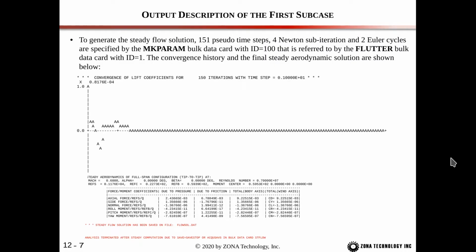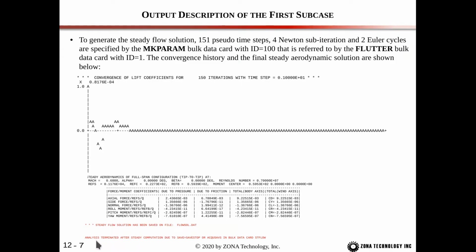So here's the first subcase, which is the steady flow. So we have 151 pseudo time steps, 4 Newton subiterations and 2 Euler cycles, and then the convergence history is printed out as shown here. And then our steady flow parameters are shown here. And then note here that the steady flow solution has been saved on the file